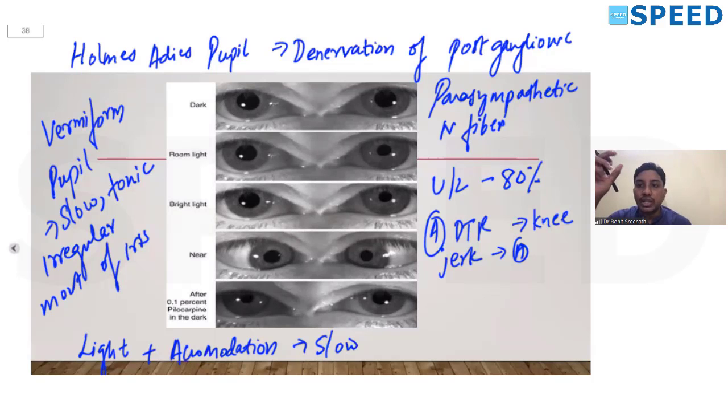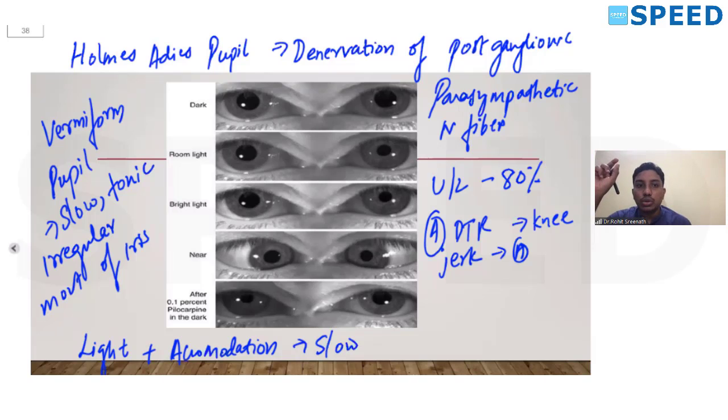Normally these pupils are very sluggish to react in light reflex and the accommodation reflex. But when you put a single drop of very low dose pilocarpine, as low as 0.125%, these pupils will suddenly constrict. This constriction of the pupil is because of the denervation hypersensitivity. This is the characteristic feature of an Adès pupil. This they have asked umpteen number of times.